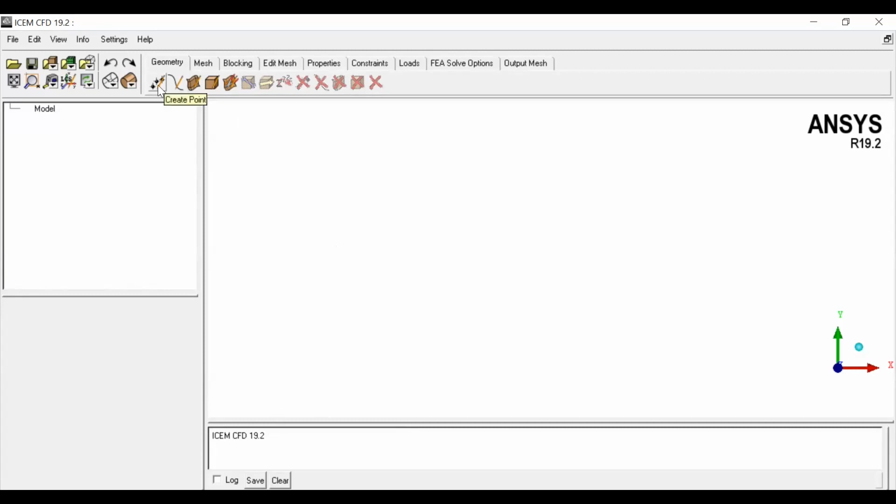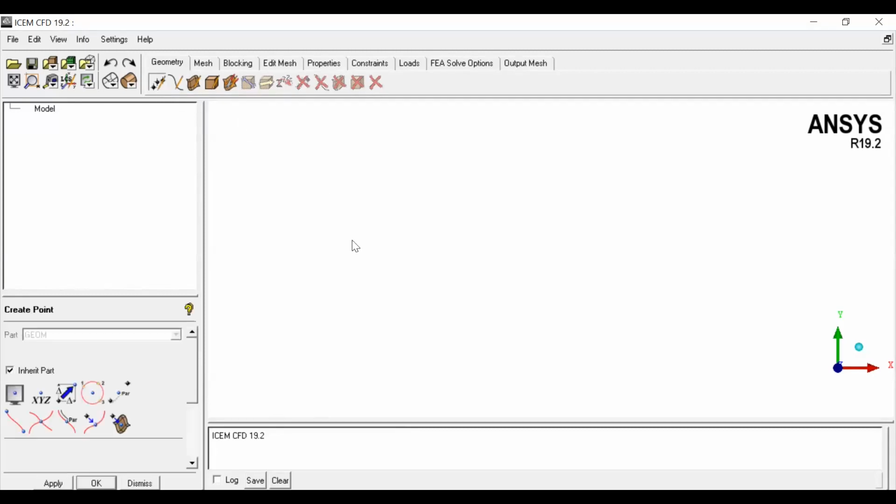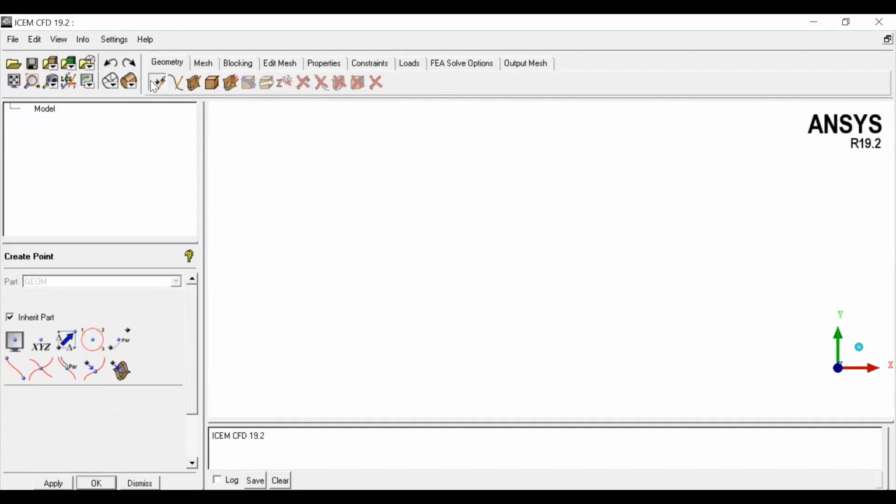See, the mouse left button is used to select any particular command in a toolbar. I have selected create a point using the left mouse button, because while operating the ICEM CFD geometry modeling software, you have to use the mouse left button, right button, and middle button.